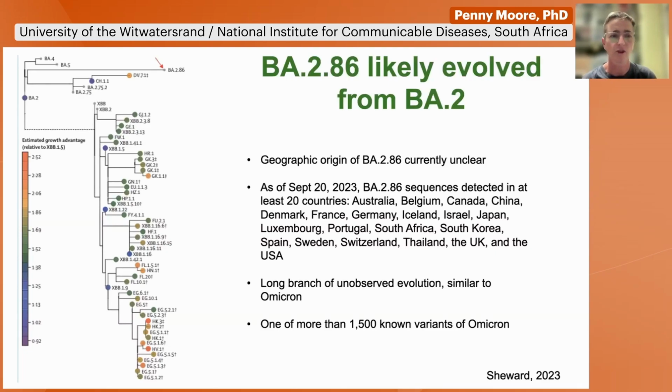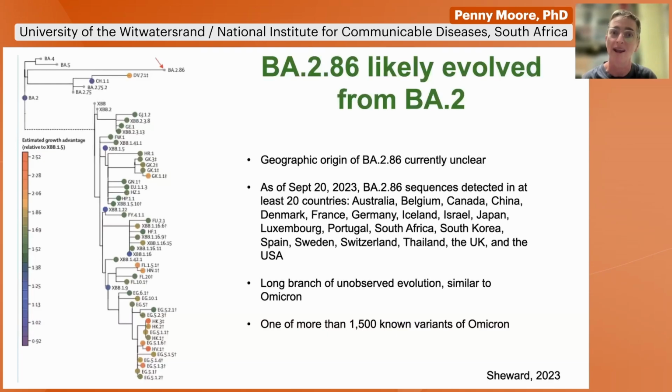What I'm referring to is the fairly long distance between the node of the tree, which is BA.2 on the far left-hand side, that purple dot. And then you can see there's a long line moving from left to right before the red arrow, which denotes BA.2.86. And what that means is that the many mutations that distinguish BA.2.86 from BA.2 were not observed in the sequencing data. It was this big period of unobserved evolution, which is very similar to what happened right at the